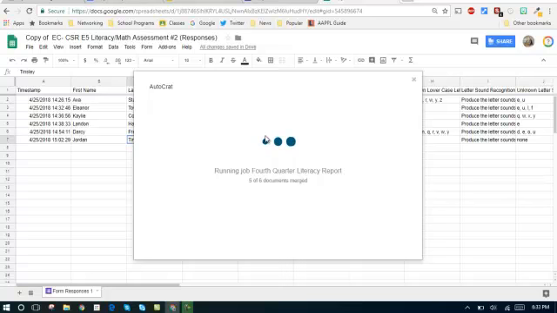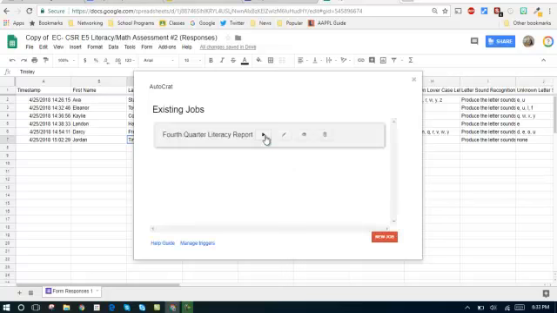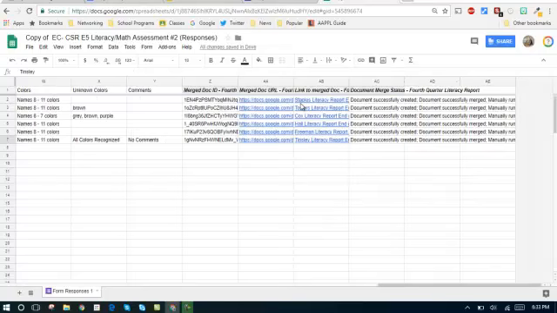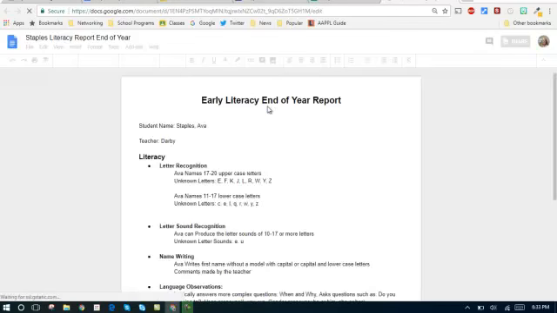This step takes a while for all of the forms to be run, but once they're finally run, at the end of my spreadsheet, I can see the link for each of these individual reports, or I can go into the drive where the folder is and see each of those as well. But if I want to see this particular student's report, I click on the link, and